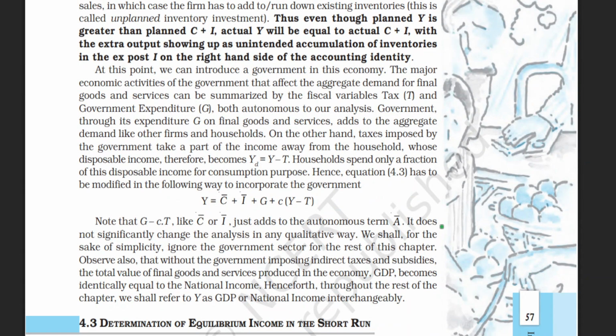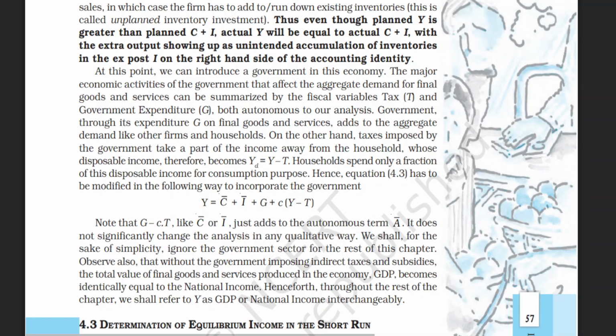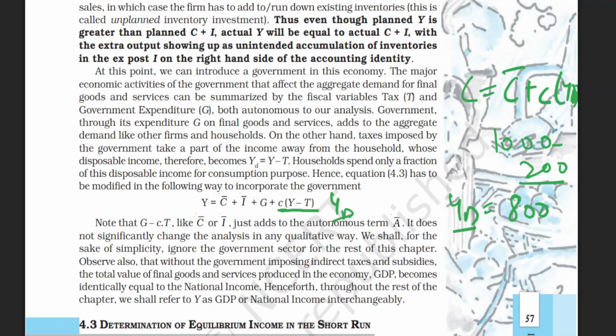At many places you will see in the consumption part not only Y but YD, like this: C is C bar plus small c multiplied by YD. Now what does this YD mean? YD is the disposable income, and it is calculated by subtracting your taxes from your actual income. Suppose your income is 1000 rupees and you pay taxes of 200 rupees, so YD will be 800, the subtraction of taxes out of it, right? So YD is taken here. As you can see, Y minus T stands for YD, which is the disposable income, right?